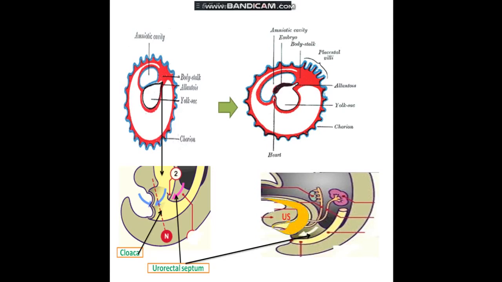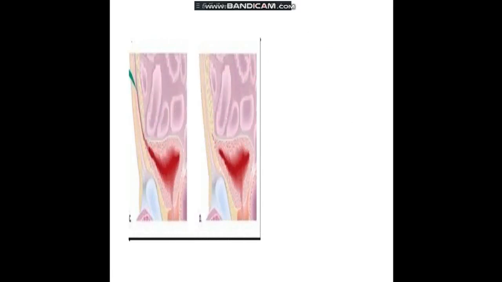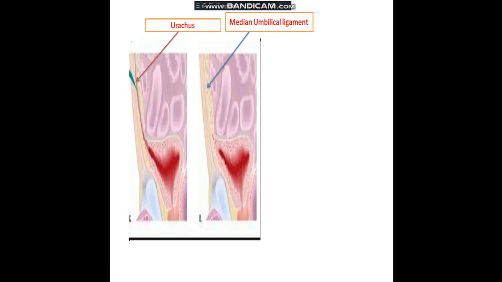Here we have the urogenital sinus. If we follow this urogenital sinus, anteriorly it becomes continuous with the umbilical cord through the allantois, which later on forms the urachus, and after birth it gets obliterated to form the median umbilical ligament. Here we can see the bladder has developed almost fully, and the apex of the bladder becomes continuous with the umbilical cord by means of the urachus. Then this urachus gets obliterated, forming the median umbilical ligament. So continuity between the urinary bladder and the umbilical cord is now lost.